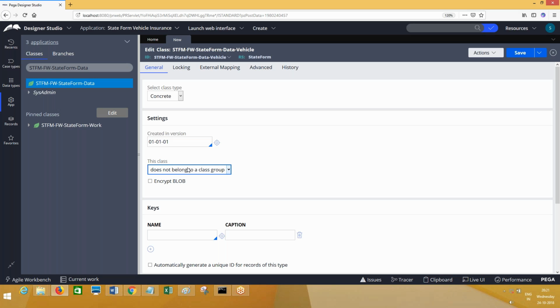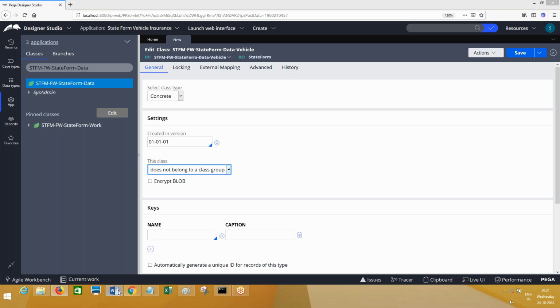No. See, I'll tell you. Class group means class group. Class group as a center point, you think about it. Does not belong to class group means which is not in the inheritance path of class group. Belongs to class group means, correct, child class of class group. We'll be working on that later, not now.